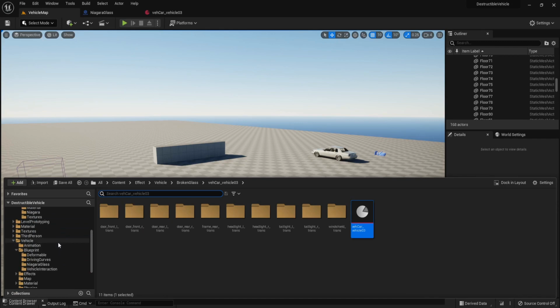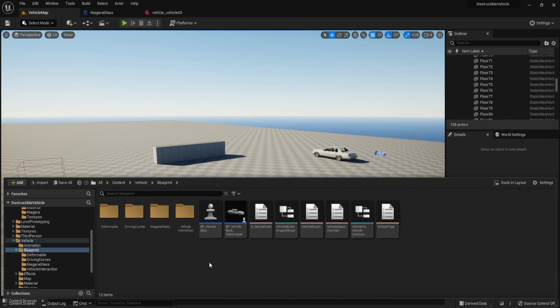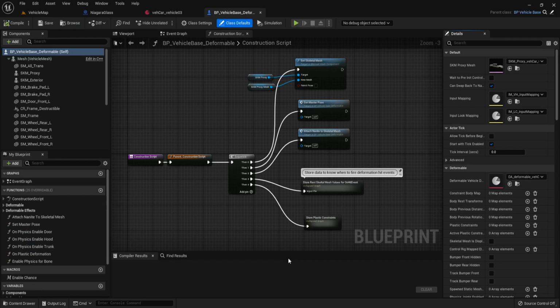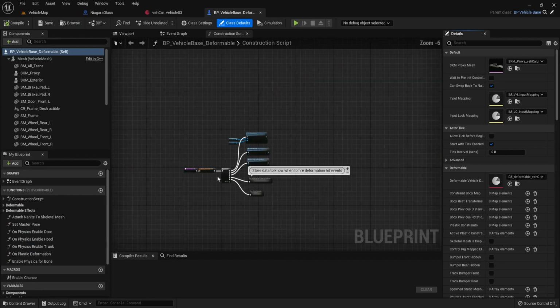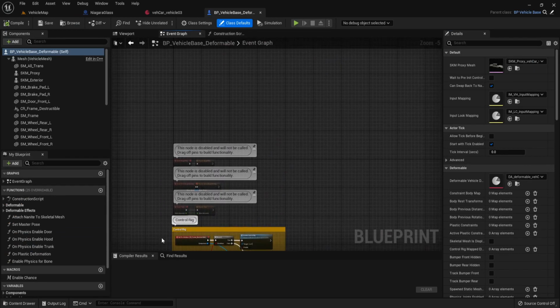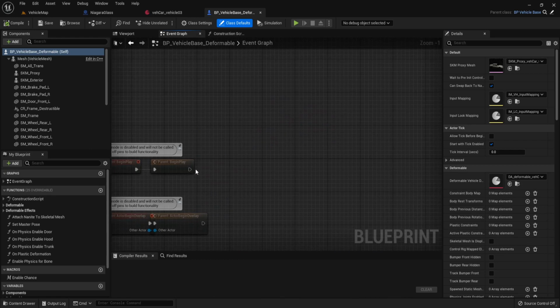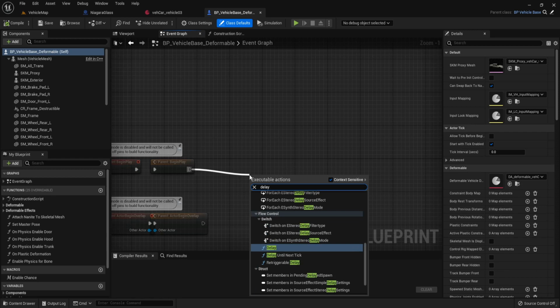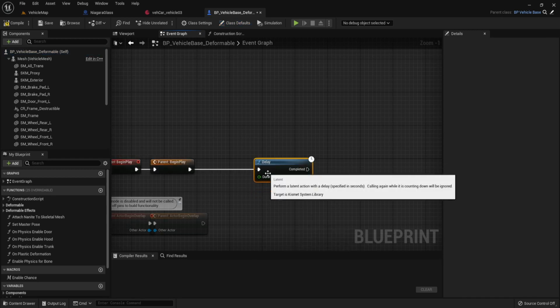Let's go to vehicle and blueprint, deformable. On the event graph, in the begin play, we delay it for 1 second.